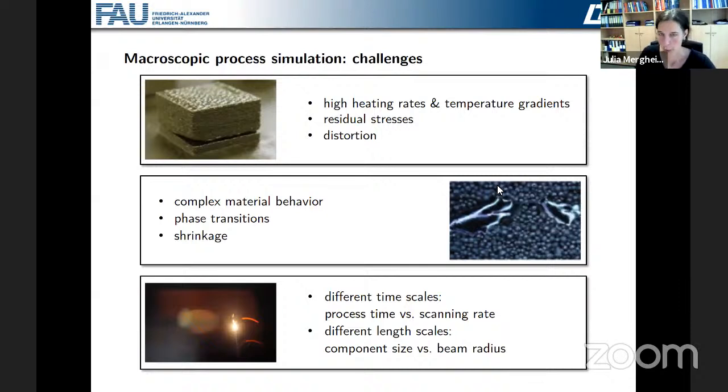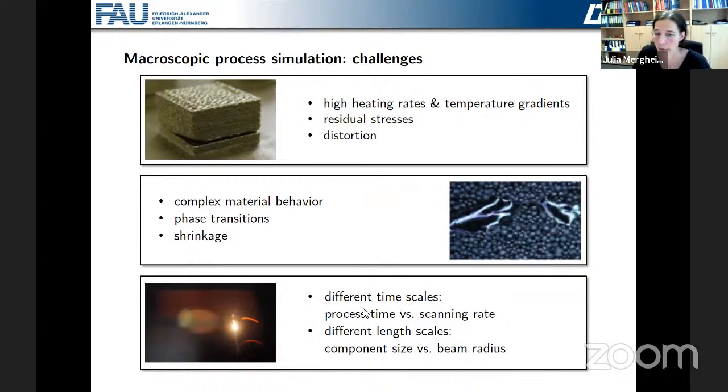So additive manufacturing processes are of course quite complex, and therefore also for the macroscopic process simulation, there are different challenges. So for example, we have very high heating rates and temperature gradients, and these lead to residual stresses and also to distortions of the part. The challenge is that we have quite complex material behavior, so temperature dependent, and we also have phase transitions from powder to melt and back to solid,